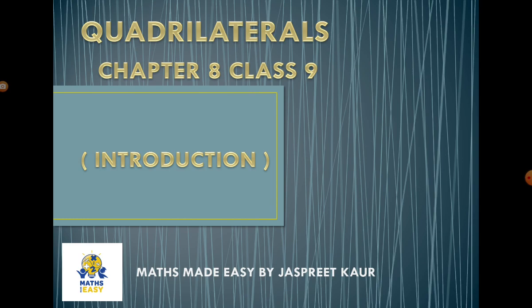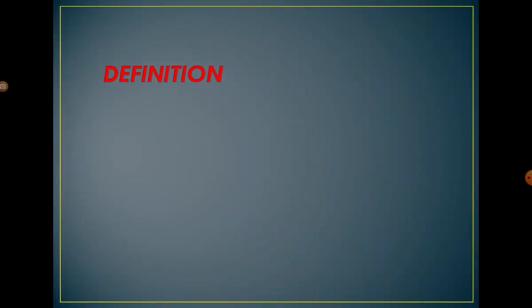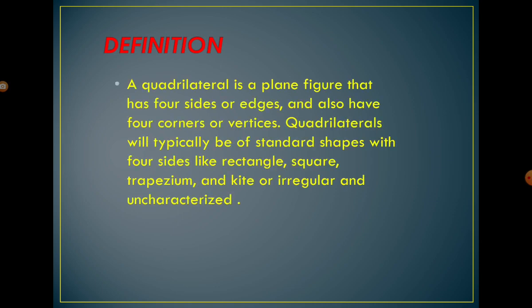What are quadrilaterals? Quadrilaterals hoti kya hai? So first of all, I'll give the definition of a quadrilateral. If I have four non-collinear points and I join those four non-collinear points, then what I get is one closed figure. That closed figure which I got by joining the four dots is a quadrilateral.